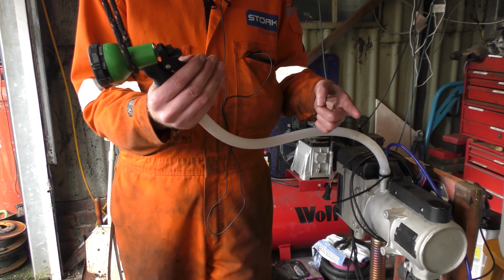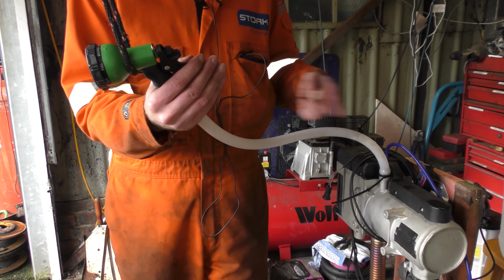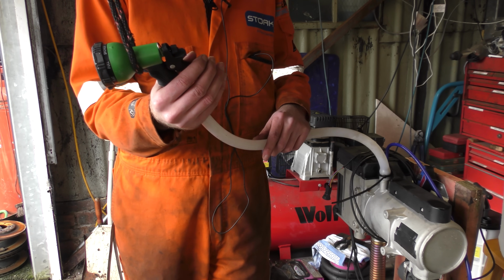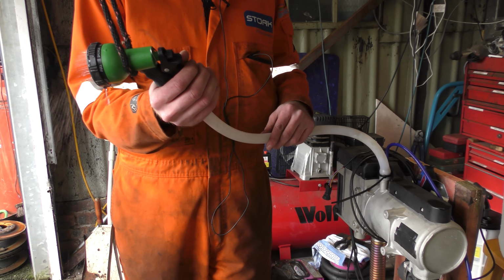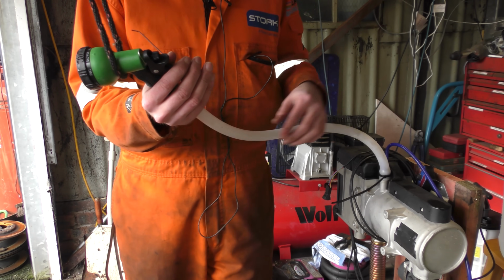Because you're going to have to run it full power to let it get the air out of the system, and then you can turn it down a little bit. So yeah, unless you've got a really big tank, I don't think tank storage, well, storage is definitely the way to go. If you heat the water up first and then just pump it through a shower head, that would be